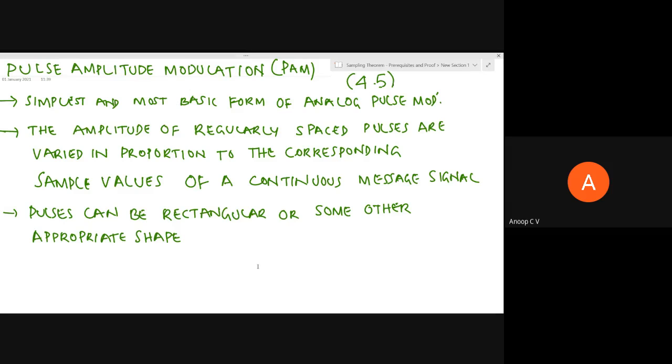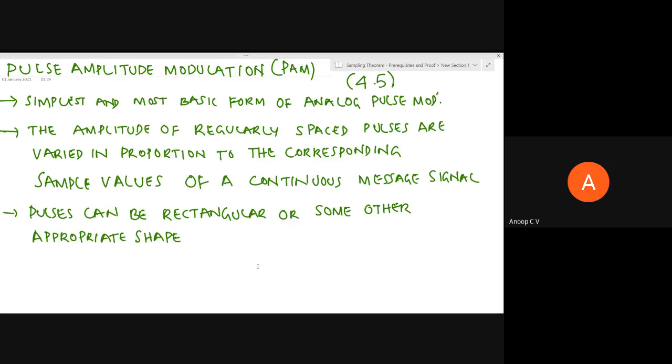And so far we have seen the need for digitization, right? The very basics of sampling. The ideal sampling process, we have mathematically modeled it. We even found out the spectrum of a sampled signal. From the knowledge of the spectrum, we understood how the original signal can be reconstructed from the known samples, and thus we derived the sinc interpolation formula for reconstruction. So that's what we have seen so far. Now that we are comfortable with the sampling process,